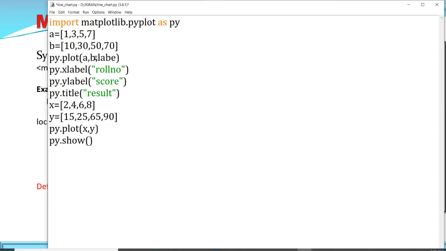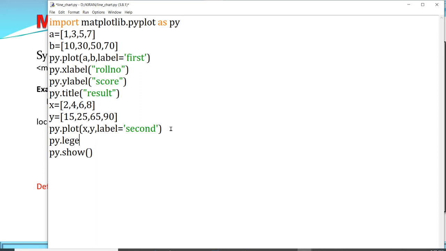So I am writing label equals to, now since it is my first line, I am writing here first. Clear? And again I have to include the label for another line, that is I am writing here second. Clear?